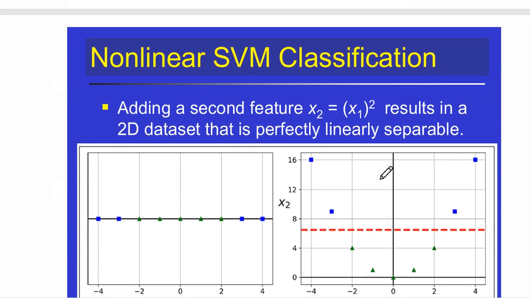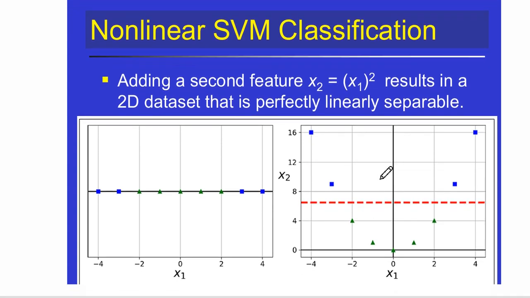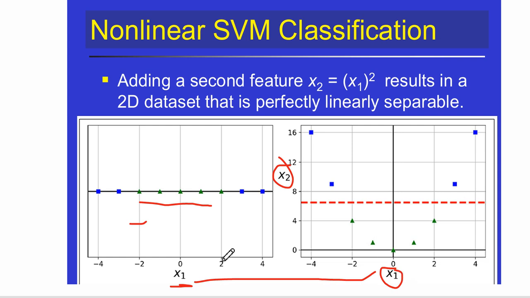Let us see some examples of nonlinear SVM. We have some blue class points and green class points, but it is not possible to separate these two classes using a linear SVM. So what I am doing here is, here we only have x1, and this is converted into both x1 and x2. That means I am increasing the number of features. Here we have one single feature, and I increased it to two features, x1 comma x2. If I increase the single dimensional input data into two-dimensional space,